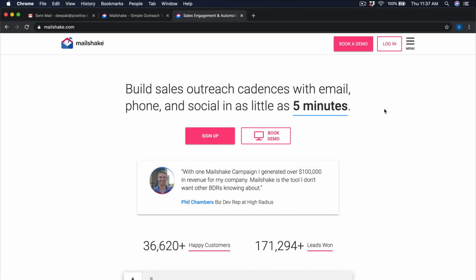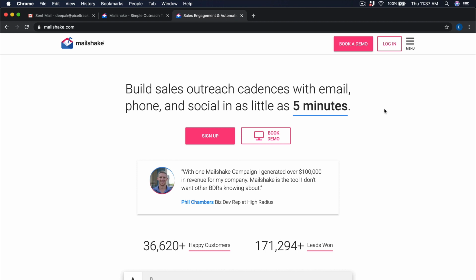Mailshake is one of the tools that I use to send out emails via my G Suite account. There are many similar tools in the market like Mailshake, but since I am using Mailshake, I will explain how Mailshake works. Mailshake is a premium tool and it costs $59 a month. If you look at most of the similar service providers in the market, they are priced around the same range.